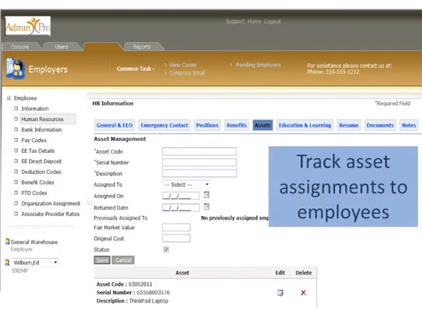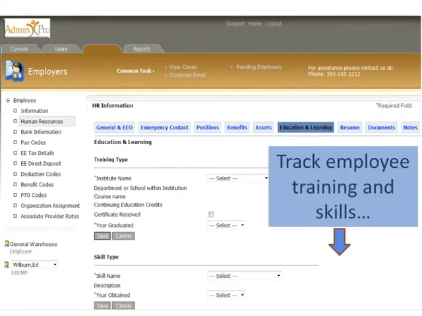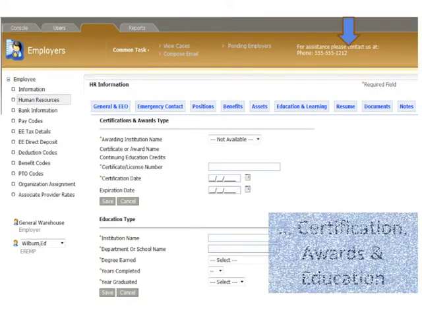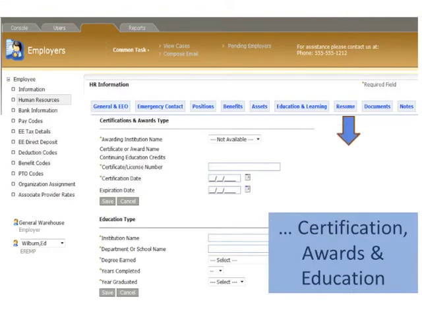Assign physical assets to each employee. A value-added component of the system is the ability to track assigned assets, including fair market value, original cost, date assigned, serial numbers, and descriptions. With the education and learning functionality, your clients can track each employee's training or professional certificates, skill types, awards, and